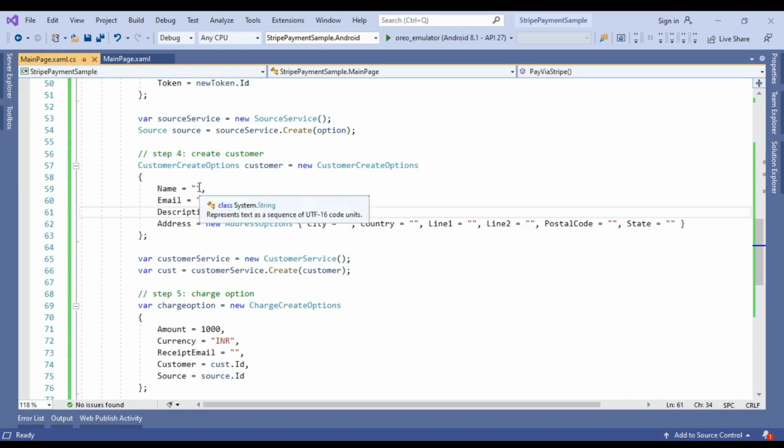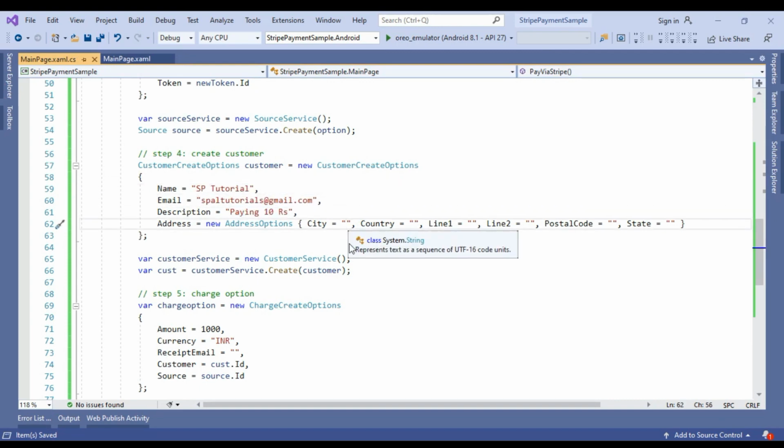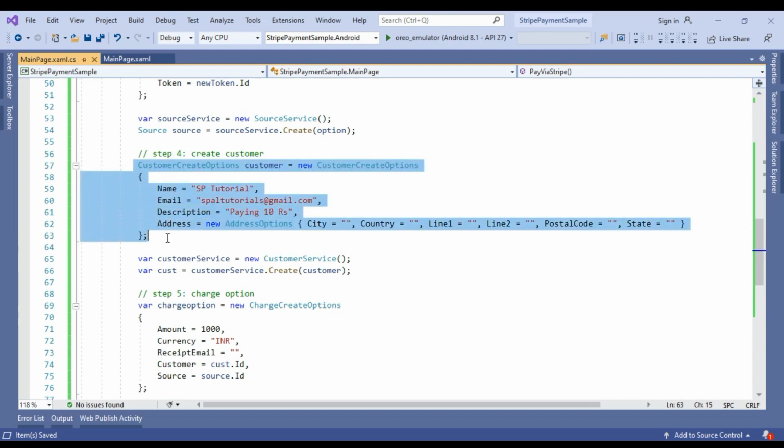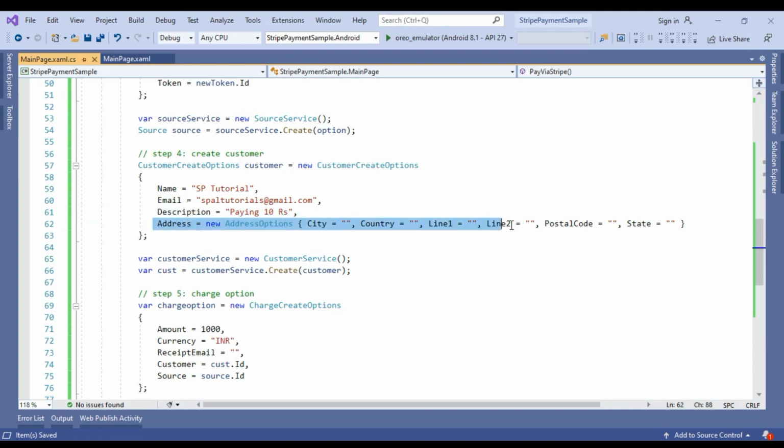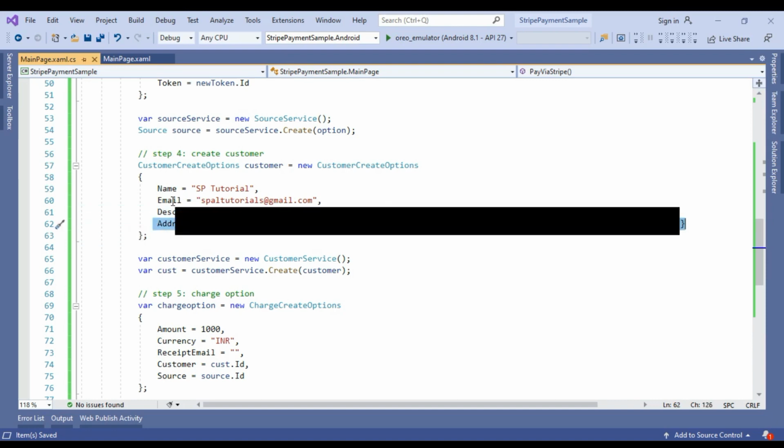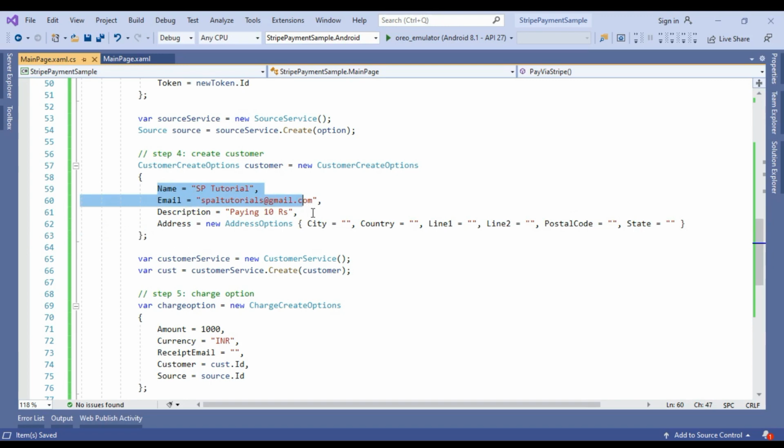So I'm going to use a sample address here, and we are passing the address information. Make sure that this address information is mandatory. If you do not pass this address information, Stripe will not charge your customer, because Stripe cannot create the customer without an address. The name and email are optional, but the description and the address are mandatory fields, so we have to pass the data here.